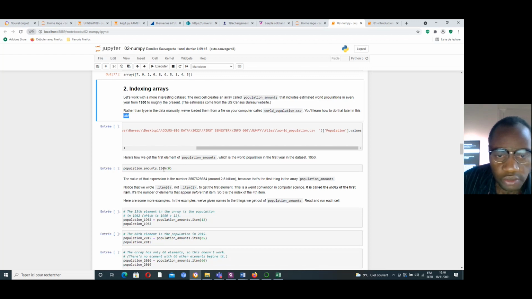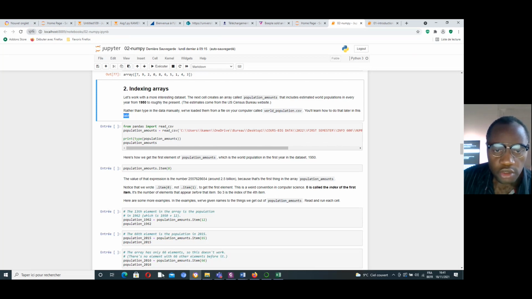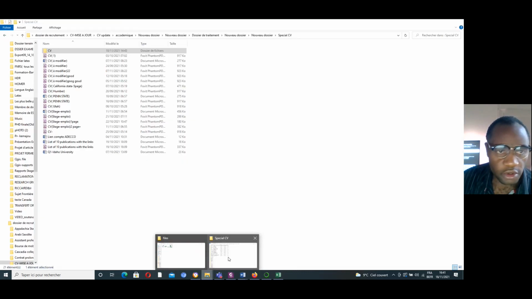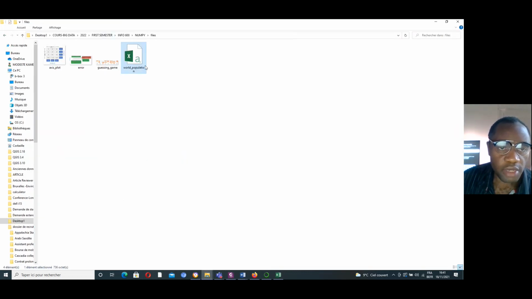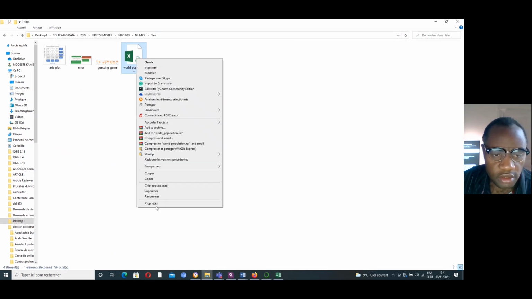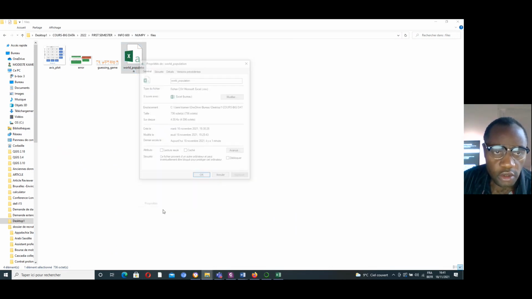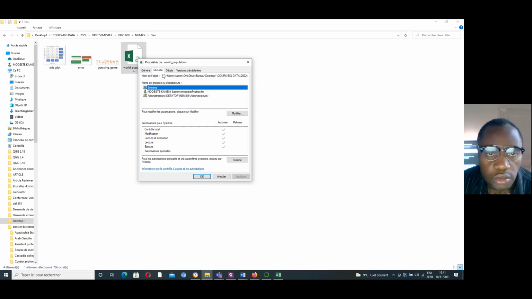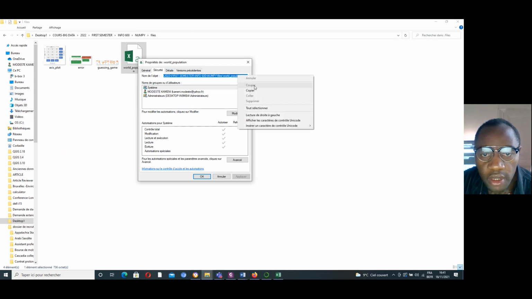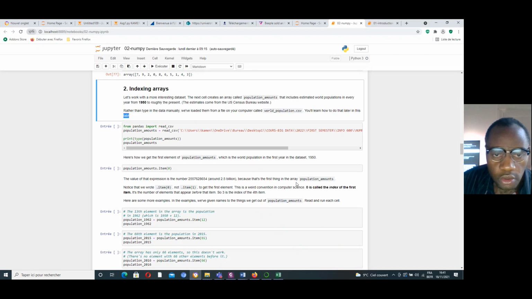Okay, how to do that? Just go in the folder where I put my CSV, copy this path like that, go back here and put it like that.